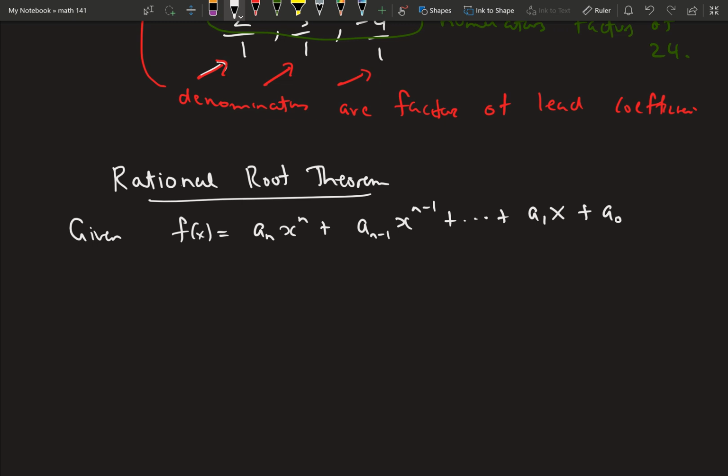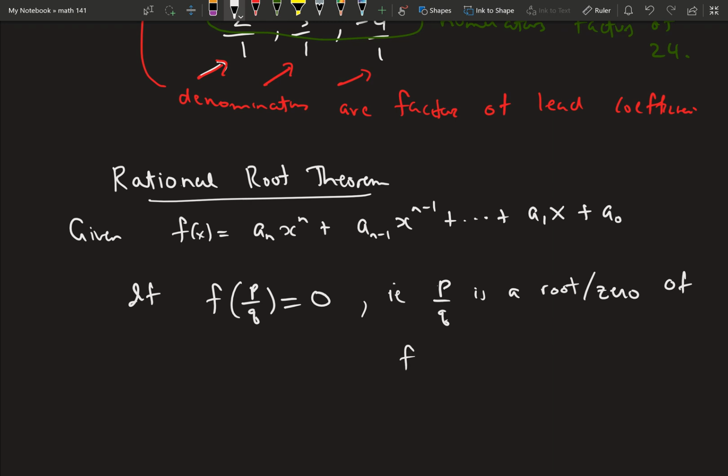What do we have? If f of p over q, so p over q is going to be our root, if f of p over q is 0, which means p over q is a root or a zero of f of x,